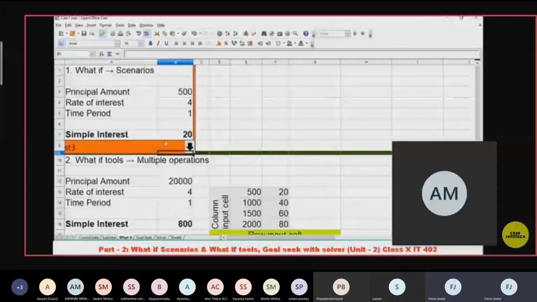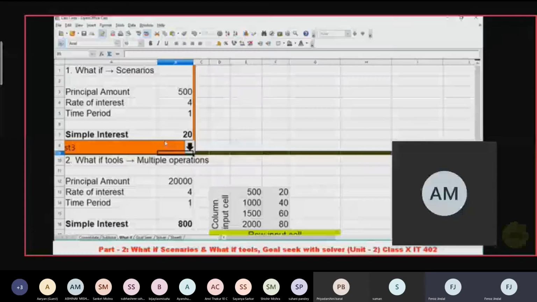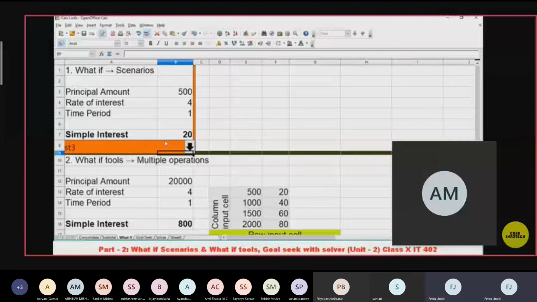So what is the scenario doing? Whatever value you keep, it goes to the target amount. What is the meaning of a scenario? It means what will happen if I keep this value, what will happen if I keep that value, what will happen if I keep the third value. This is basically done by the scenario.